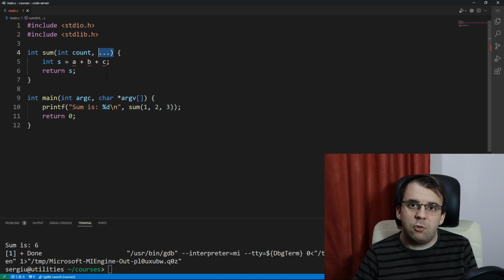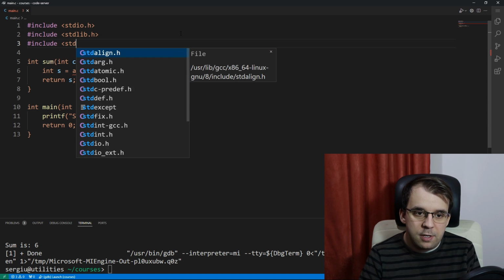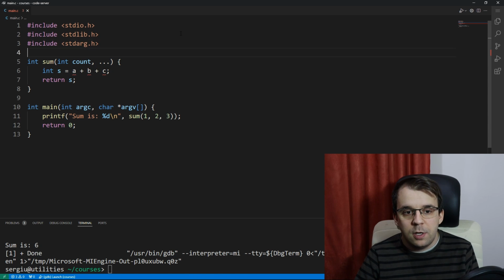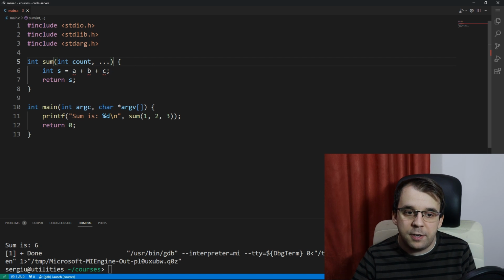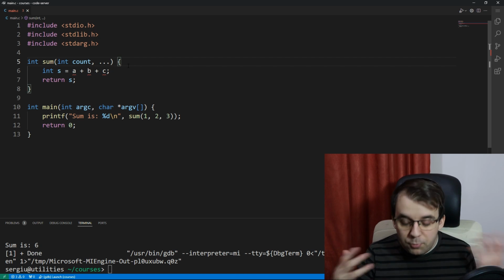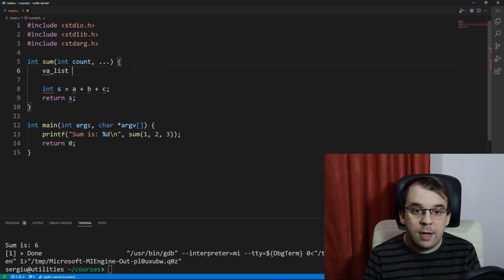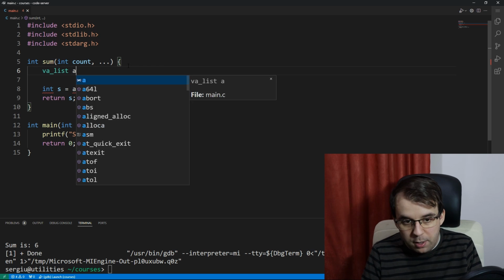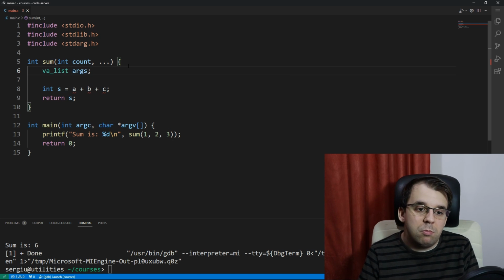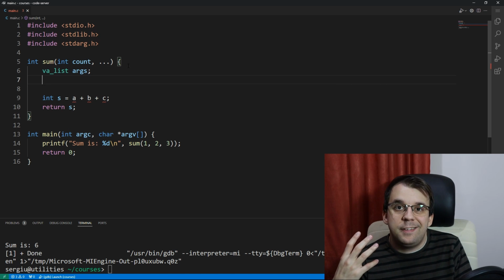Now, since this is just ..., how do we actually access those parameters, you might say? Well, we're going to have to include a header here called stdarg.h. This is where we have a couple of functions that help us deal with these variadic function arguments. To start off, we're going to have to define something of type va_list. That's where our arguments are going to be stored. I'm going to call it args, so that we know what they are,